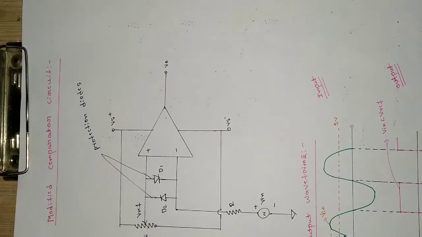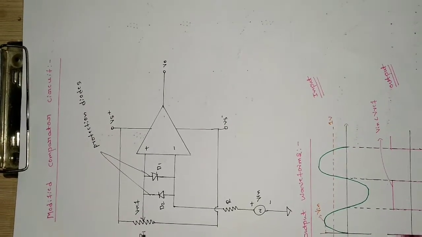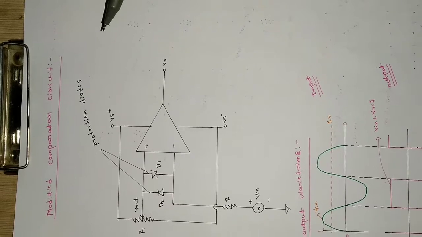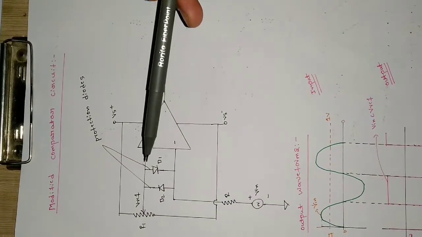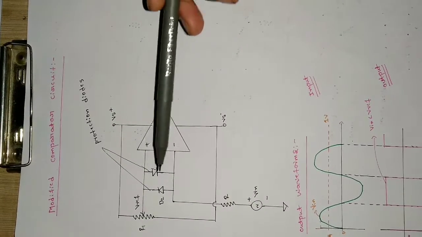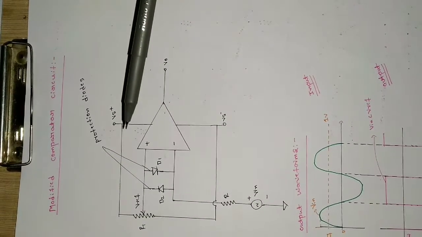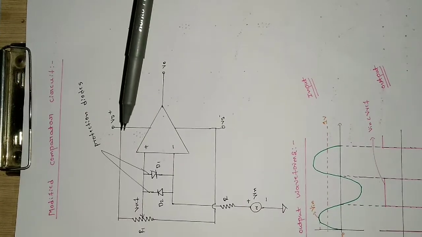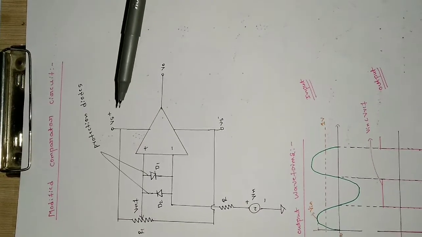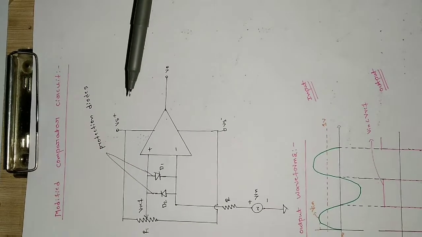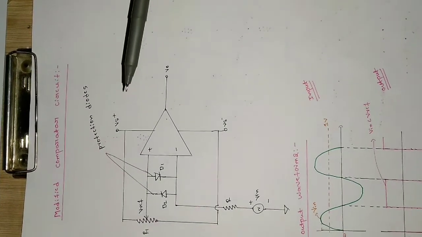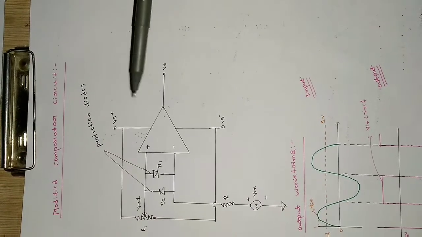But if you slightly modify the circuit, and the problem with the previous circuit is that there the reference voltage is fixed. So it will not be changing according to our conditions. Once it is designed, the reference voltage will be fixed, but that will create a problem because I'm having a random signal, and if the input signal changes, I want the reference to be changed according to that. So that I can't do in the previous circuit.